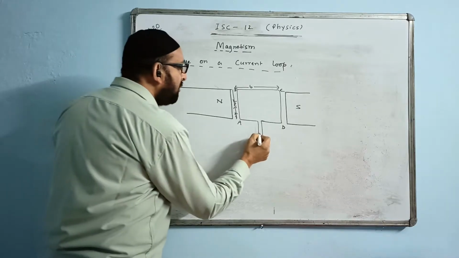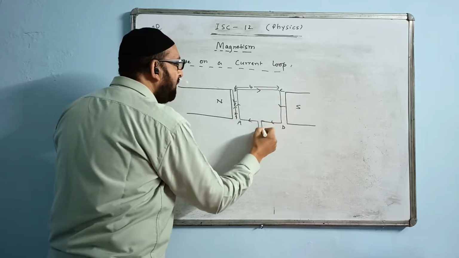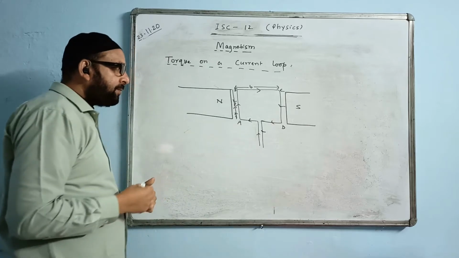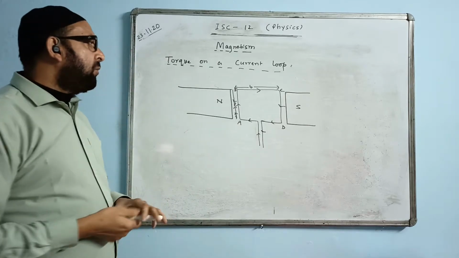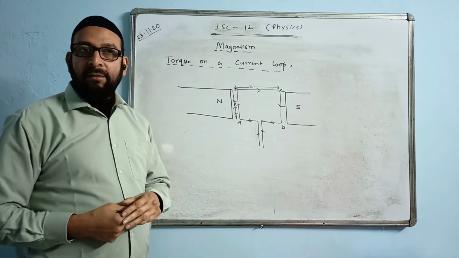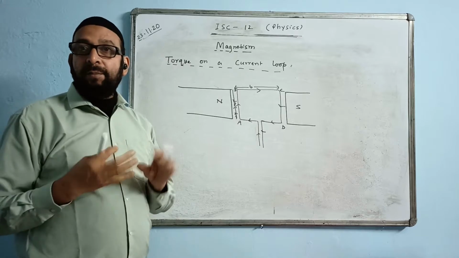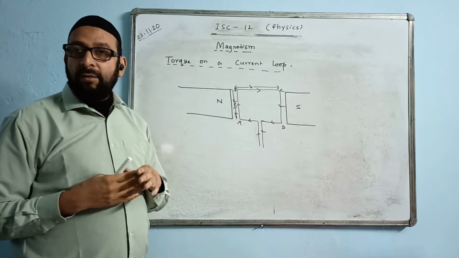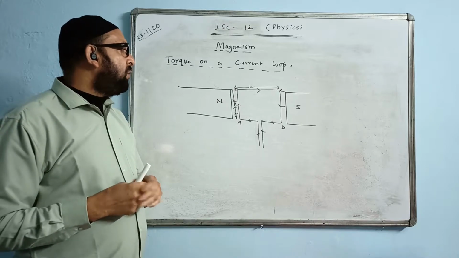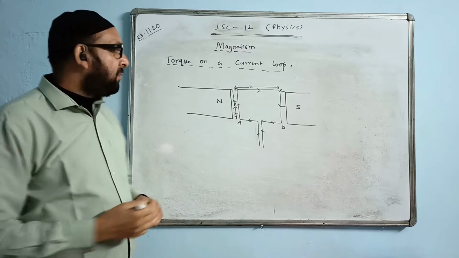We are sending current through it. When you send current through it, current is running in the body of this loop. Let us check it out. The formula of force is ILB sin theta. What is theta? Theta is the angle between L and B, between the length and the magnetic field. So what is the angle? You can check it out there.